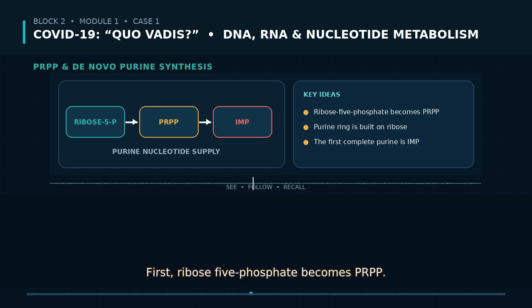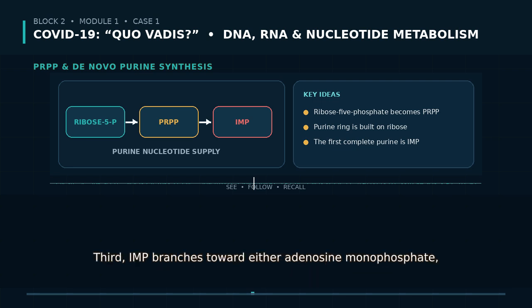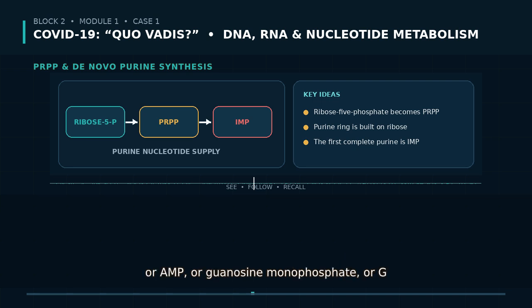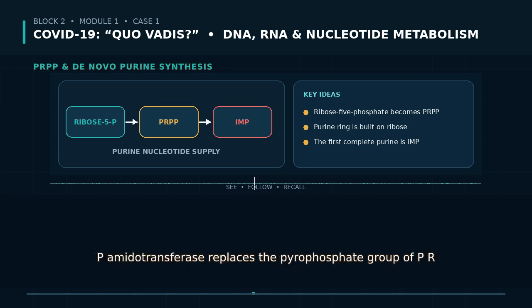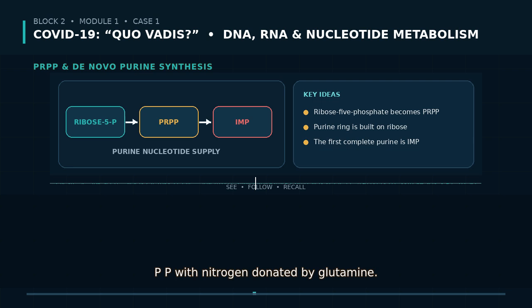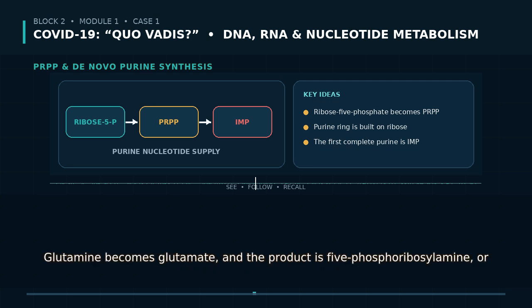CAIR then combines with aspartate in an ATP-dependent reaction catalyzed by SAICAR synthetase. The product is succinyl aminoimidazole carboxamide ribonucleotide, or SAICAR. Aspartate contributes nitrogen 1 to the purine ring. Adenylosuccinate lyase removes fumarate from SAICAR and produces aminoimidazole carboxamide ribonucleotide, or AICAR. This release of fumarate links purine synthesis with pathways that communicate with the citric acid cycle, also called the Krebs